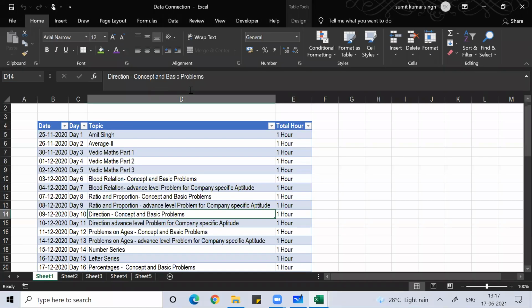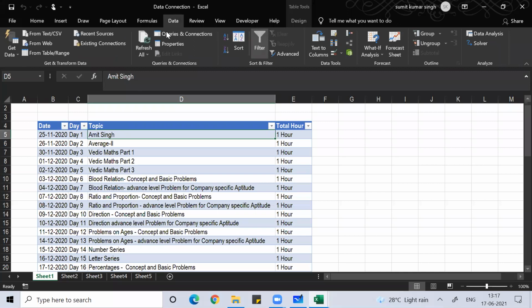Enable content. When you open that, you'll see there's no change here. But you'll say, sir, you told us that it will get changed, but here there's no change. No need to worry about that. Go to Data. Under Data, can you see Refresh All? You just click on Refresh All, and if you do that, you can see the changes you made there. Now you can see the same change here.